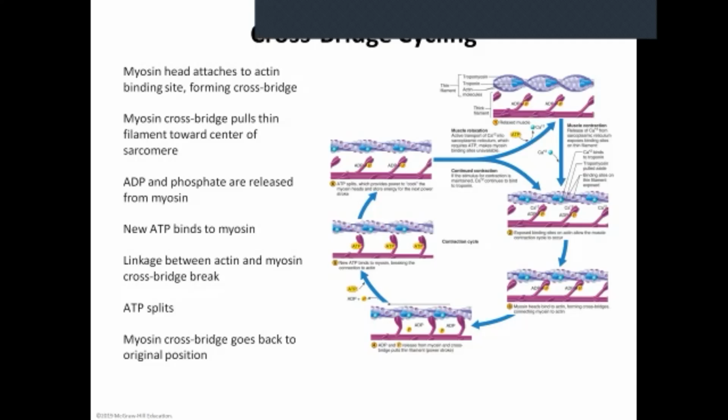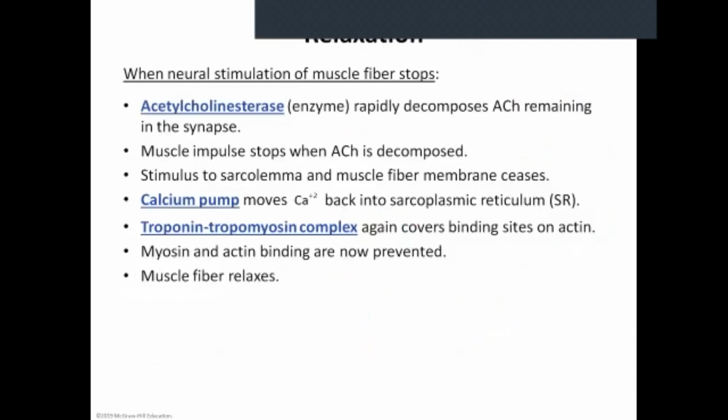But as long as there is calcium and as long as there is energy, this will continue to take place. And again, eventually it does have to stop. So to stop it, we use what is known as acetylcholinesterase. Again, acetylcholine was that neurotransmitter that stimulated this action potential. Acetylcholinesterase is an enzyme that breaks that down. And so that nerve impulse or that muscle impulse is going to stop when you don't have acetylcholine bound to